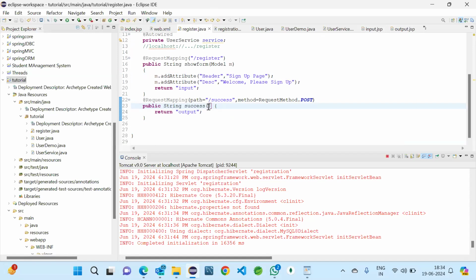To take the user object, we have the annotation, that is model attribute. This will have the parameter values. I'm just taking it as user. This will have all the values in the form which we are entering. So user, and then I'm taking model m. Now this model will have access to this user and its data. So that will be passed to,